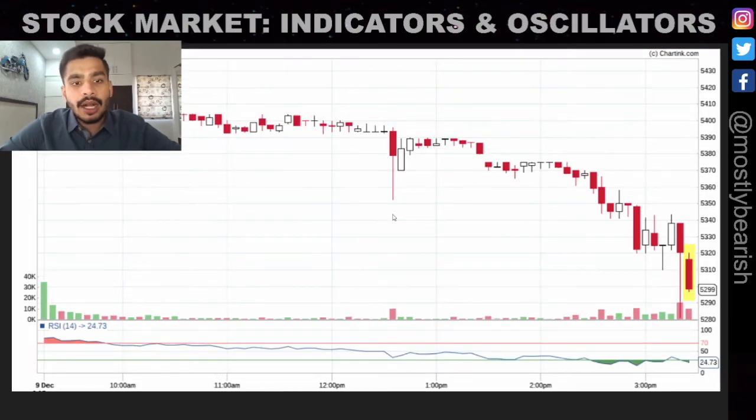Now, taking another example. Now here, this is an oversold example itself where RSI did not work. So I want to show you that don't ever trade just based on a single indicator and never take a position as soon as the prices are below 30 or above 70. You need to wait for price action to get a better understanding and a better visual to enter a setup and have a plan as well.